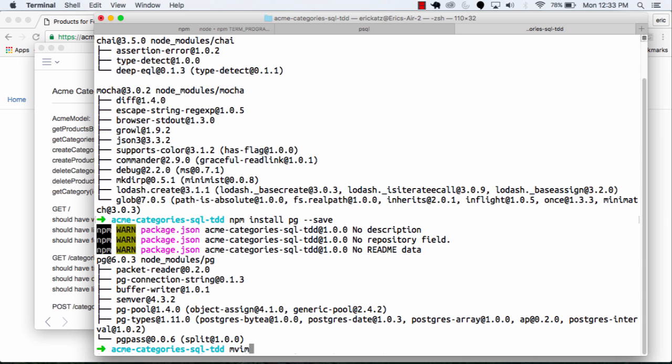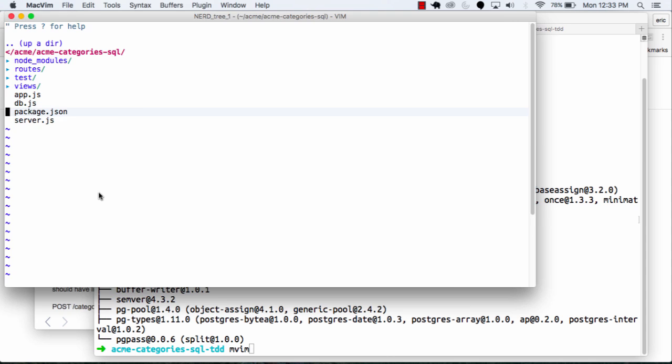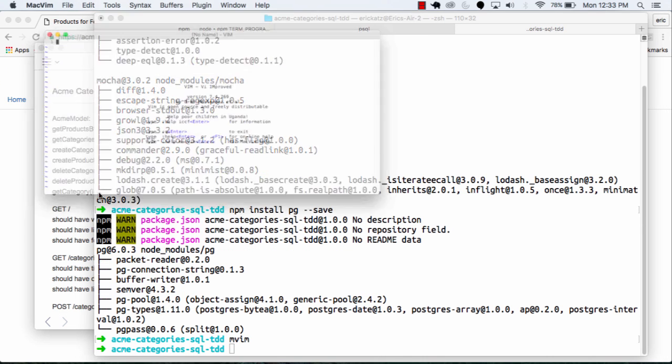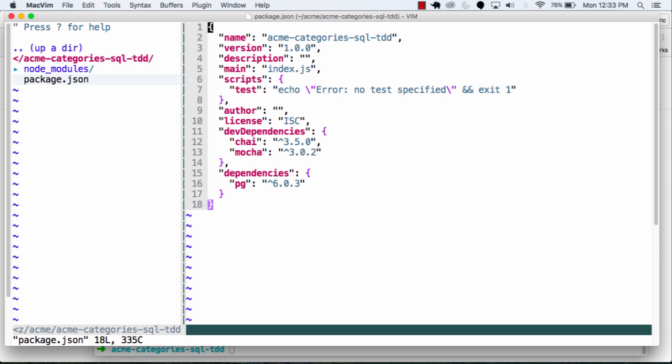At this point, let me close down some stuff that I had before. In this case, if I was to go and take a look at this, I would see that I've got my package.json with some dependencies. And I'm going to jump the gun just a little bit